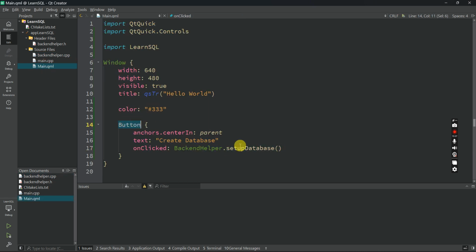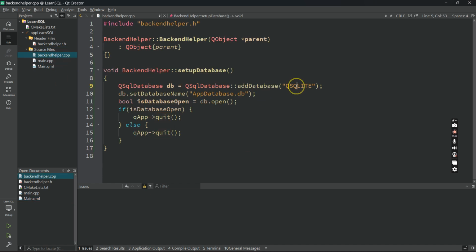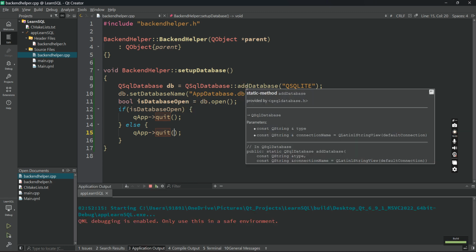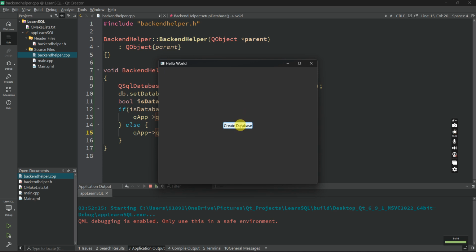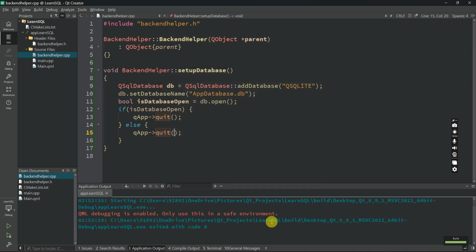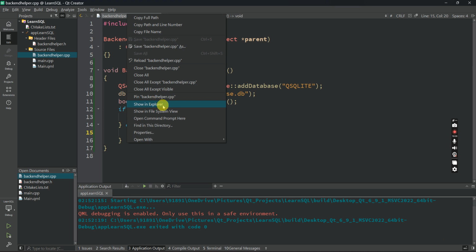So when you click on the button, the setup database method will be called. We will use a SQLite database. This file will be created, and then we will open the file and then quit the application. Let's see. Now let's click on create database. So the application quit. Let's right click here, show in Explorer,